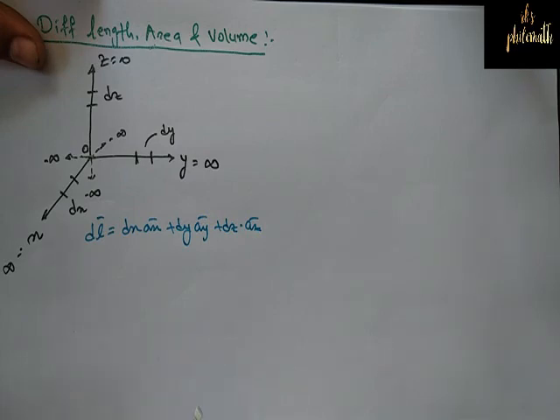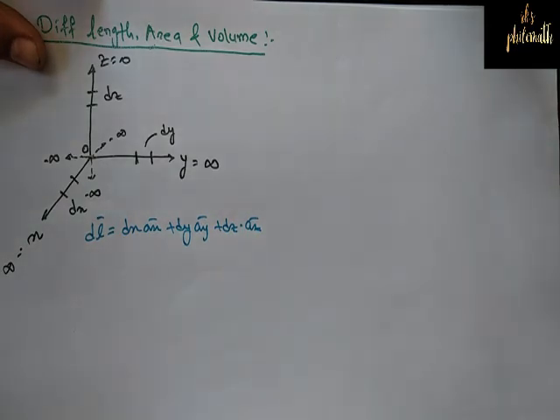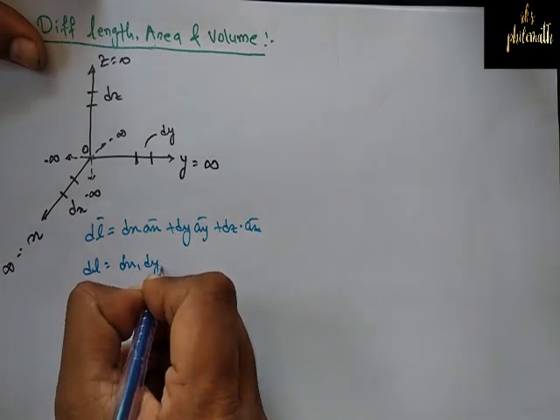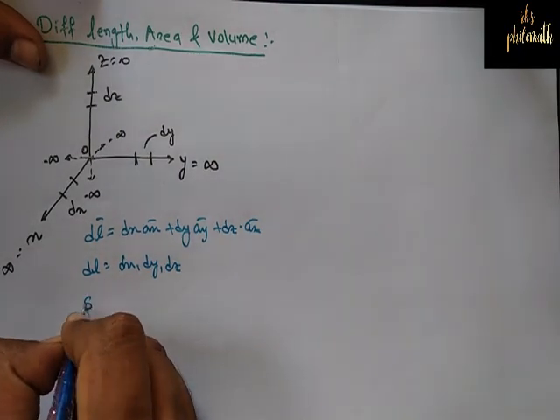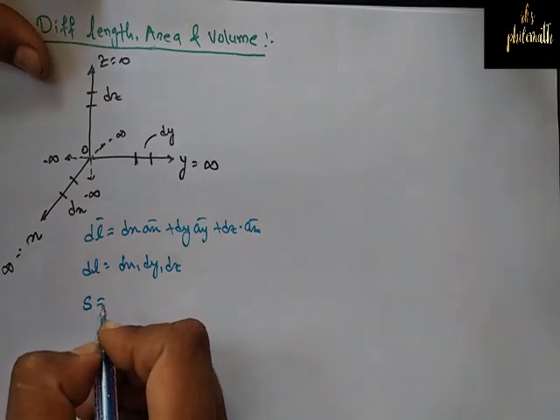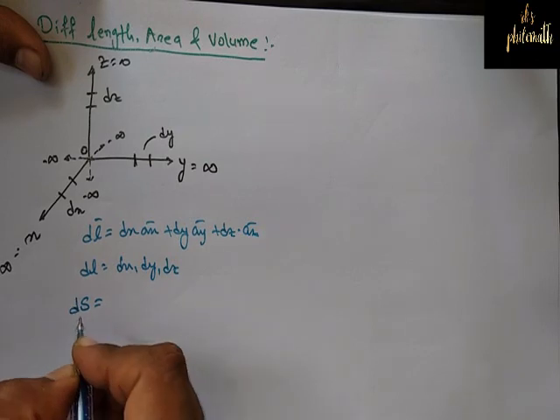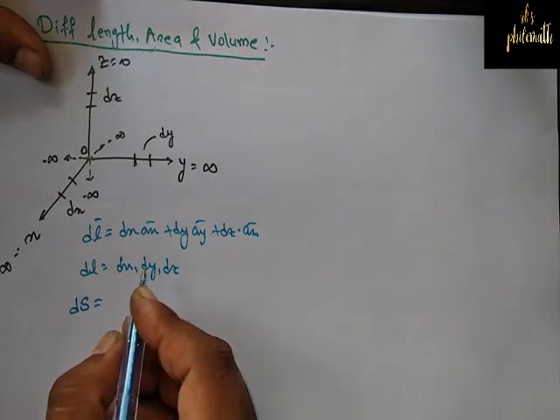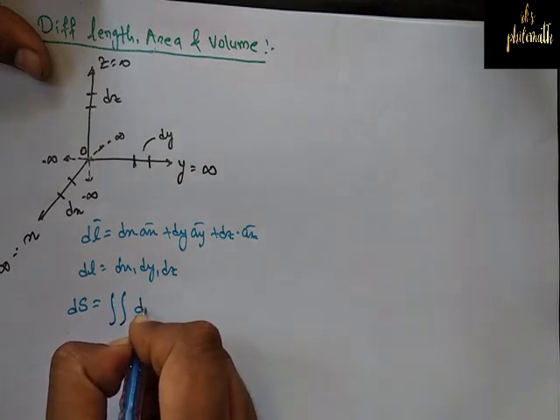Now we know the formula for surface. And normal dl is equal to what? dx, dy, dz, whatever it may be. Now what will be the formula of surface? We know surface is the multiplication of two lengths. If I am talking about differential surface, that will be a double integral of two lengths, that may be dx dy